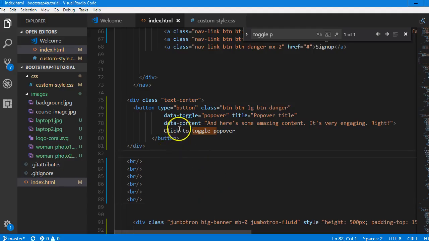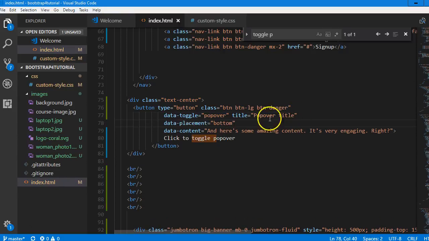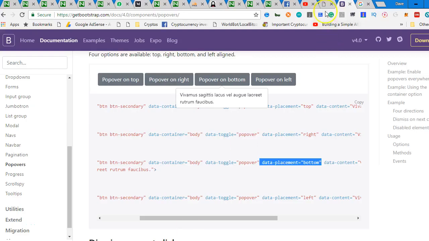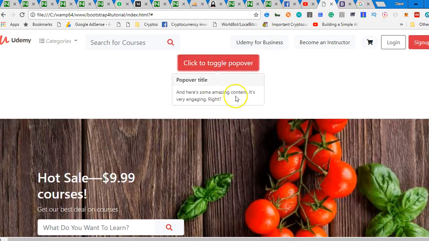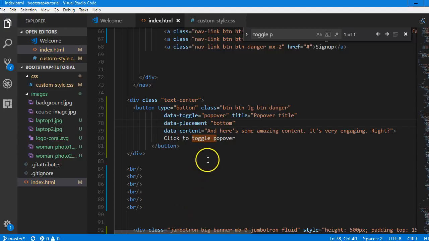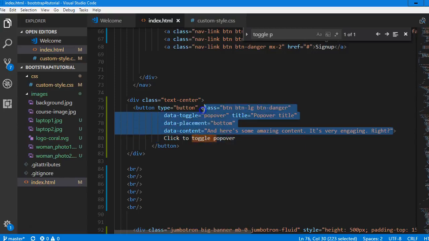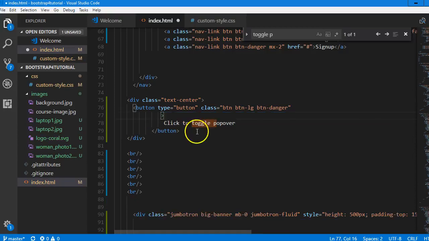If we come to our code, we'll see that there is no data placement here. That's why it's moving to the right. If we add it as an attribute, data placement bottom, and we come and refresh, you see it's at the bottom. Alright then, which means we can copy the rest of this, everything. I'm copying all the data attributes, removing this,